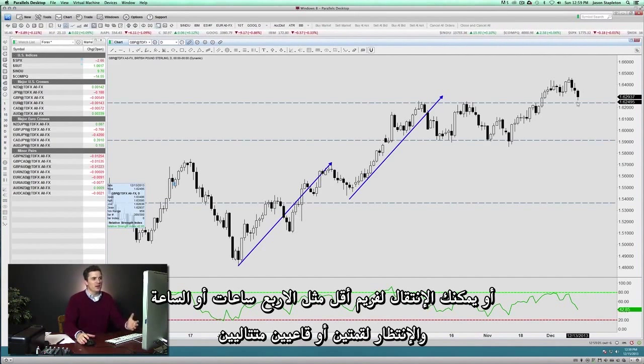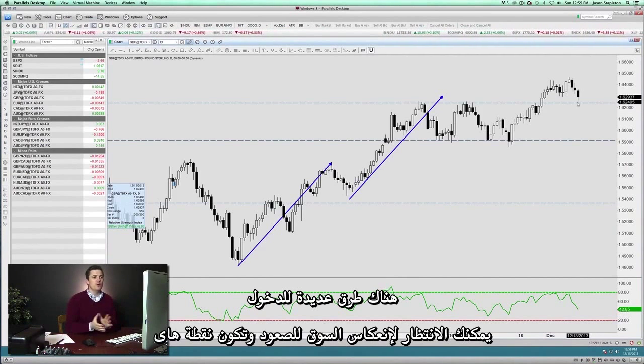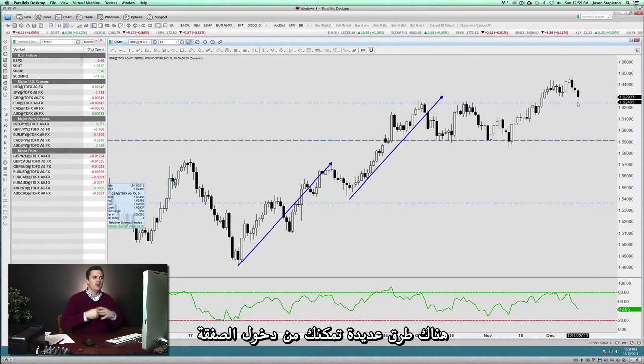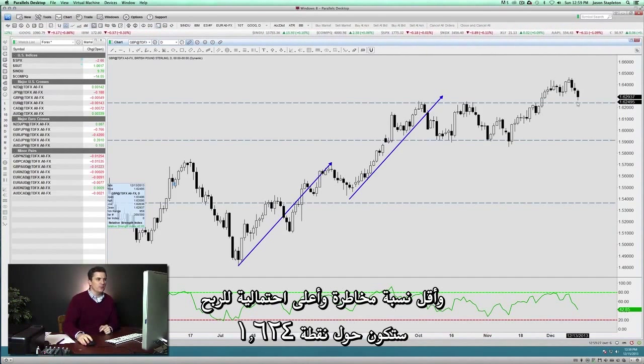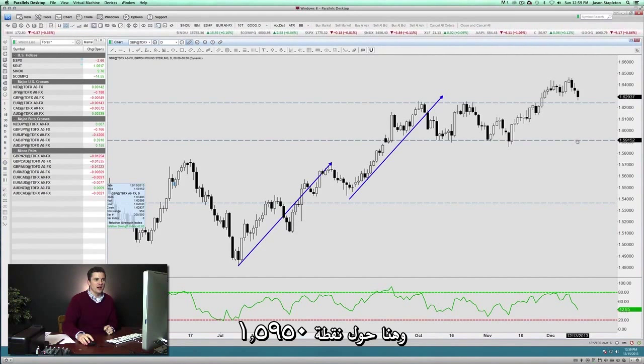You can wait, you can drop down a time frame to maybe a 4-hour or a 60-minute and wait for a double top or a double bottom. There are a multitude of ways you can wait for the market to turn up and print a higher high, higher close. There are several different ways that you can enter this market, but what we want to try and do is give ourselves the least amount of risk with the most amount of reward. And the least amount of risk with the greatest potential for reward will exist somewhere between 162.40 and here around